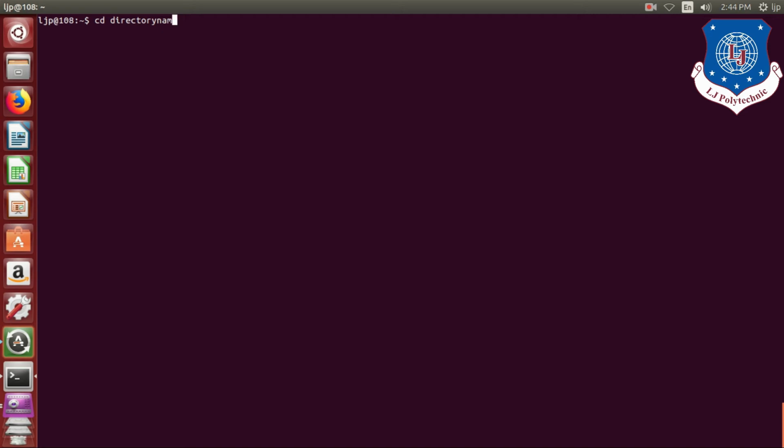So I will show you one example. I will write down cd space my dir and then press enter. So as you can see, it changes the current working directory as my dir.